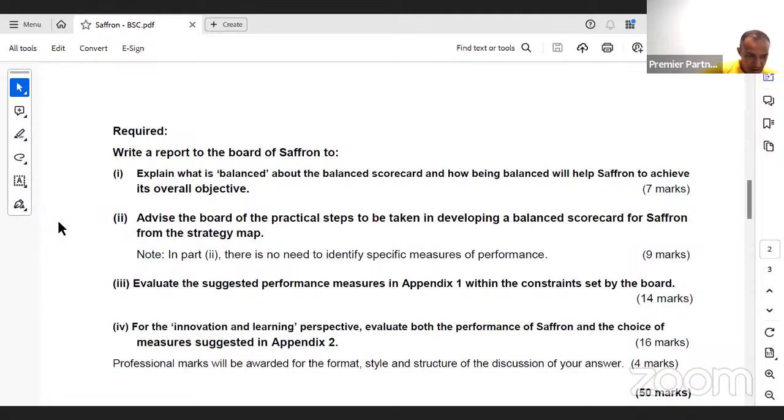Take down: the BSc helps an organization achieve their objectives